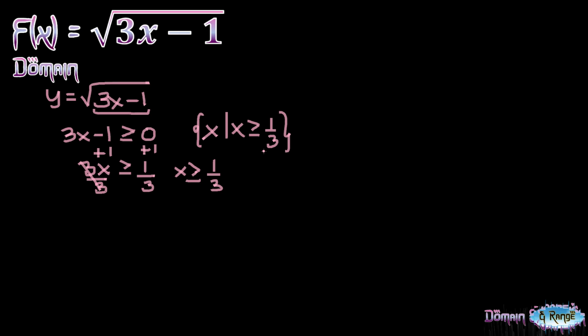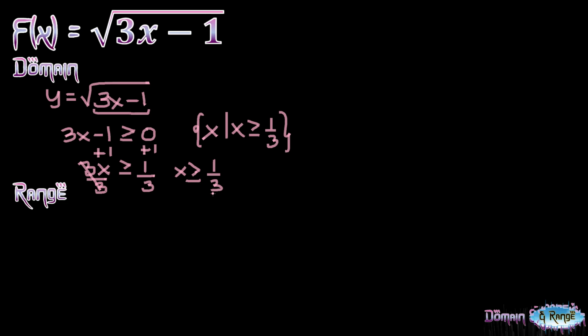Now let's proceed with the range. The strategy that we used in solving for the range of a linear function was to come up with an equation where we solve for the value of x in terms of y. But since this is a radical function, we have a specific method which is easier to use. We simply need to use the smallest possible value in our domain to get the smallest possible value of